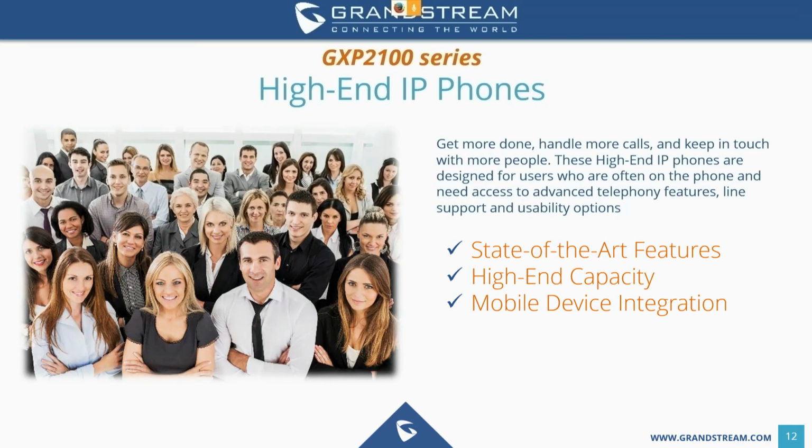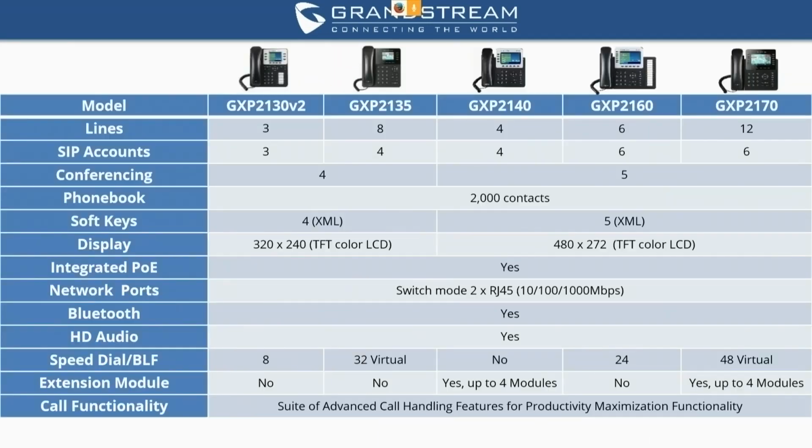One of the best things about all of these models is the mobile device integration through Bluetooth that they offer. So here is a quick look at all of the models within the GXP 2100 series. The 2130, 2135, 2140, and 2160. The really biggest point of differentiation between these models is what you see there on the top two lines, the lines and SIP accounts that they offer. You're going to get from 3 up to 12 lines and 3 up to 6 SIP accounts, depending on which